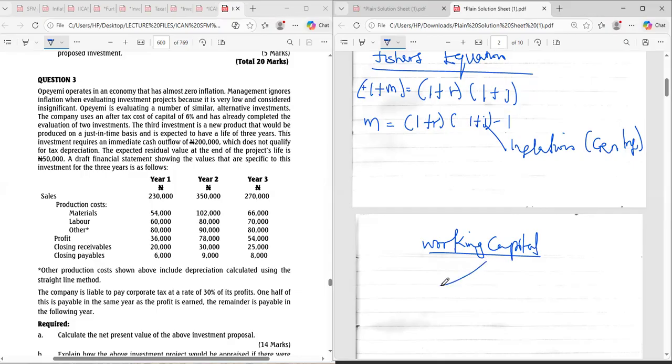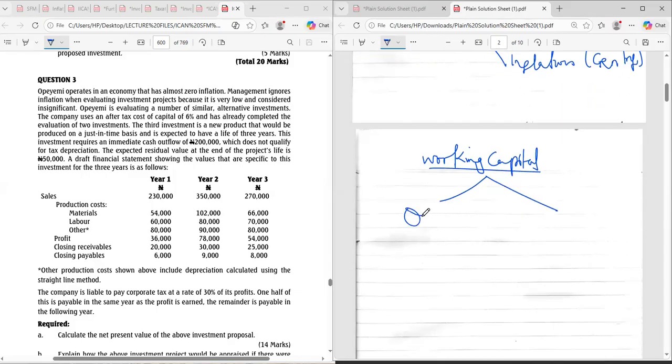All right, two things involved. Working capital can be incurred once or can be incurred more than once, repetitively. It can either be once, or what you call one-off, or it can be repetitive. When I mean one-off, I mean that if a project can last for 5 years, maybe you can just incur working capital in year 1 only, or year 2 only, maybe year 3 only, but at least it is once.